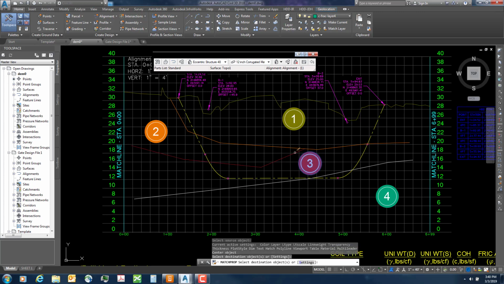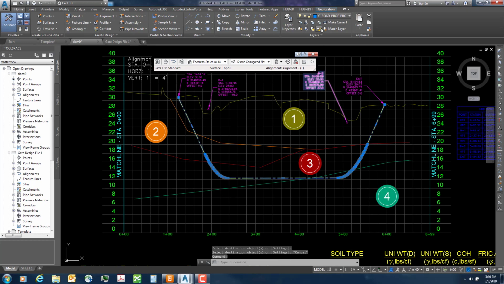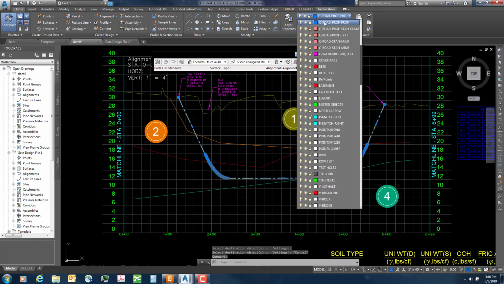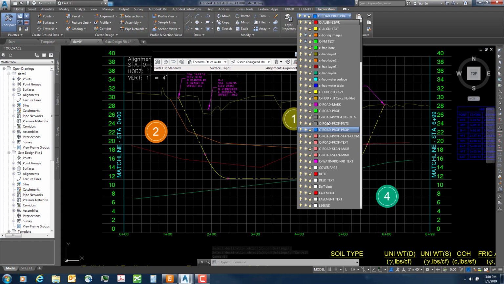Both of these will be layer 3, and then the top of this line will be layer 4. I then need to put this on the layer for the